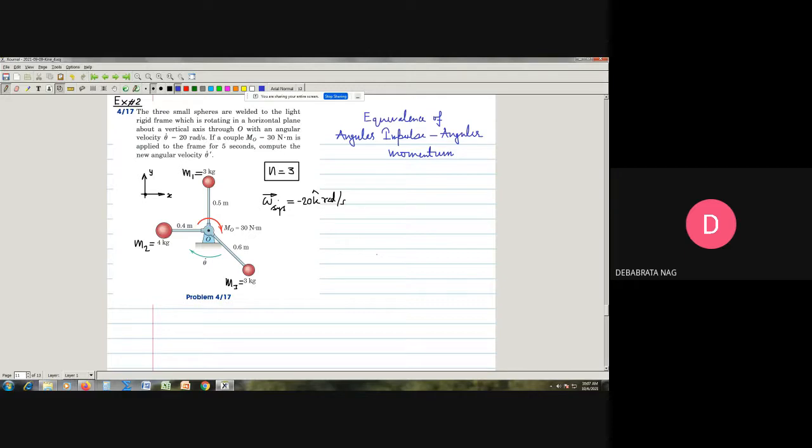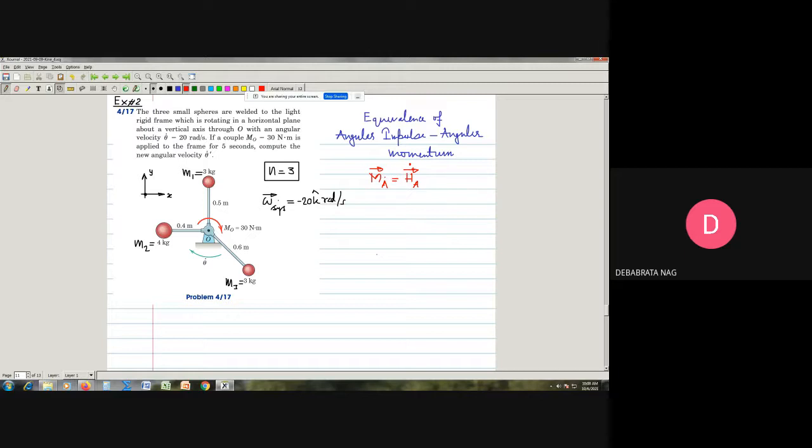So the fundamental principle that we are going to write, of course, is this, that is M bar A is equal to H bar A dot. We see that we will be going to use this equation. We note from our theory that this equation is applicable under 3 possibilities. First possibility is that we can apply it with respect to an